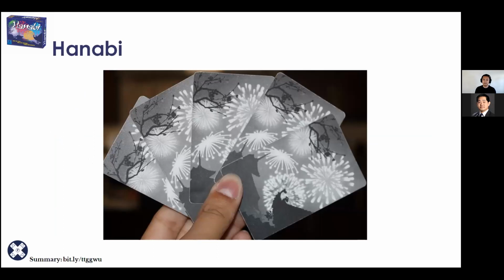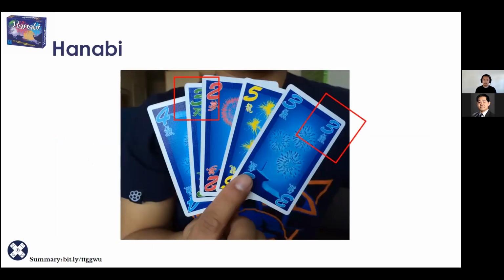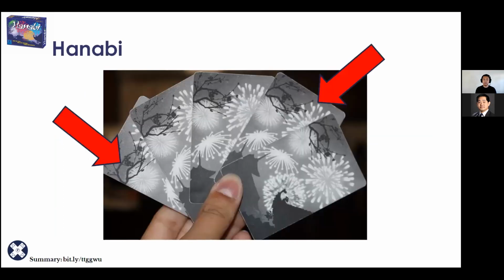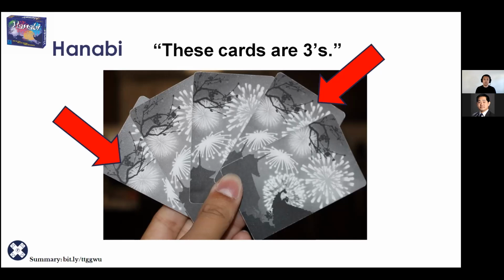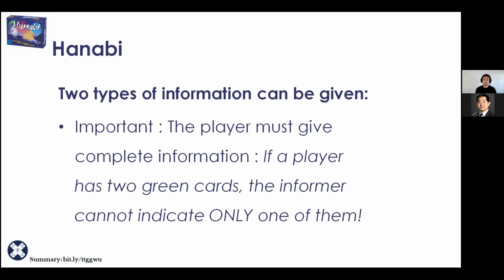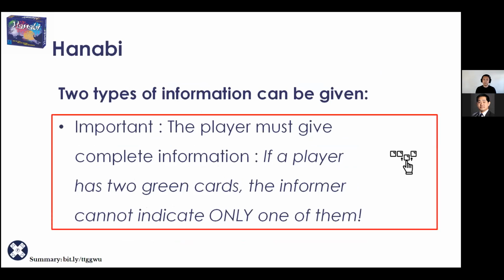So let's go back to that hand of cards again. This is what your teammate sees. Again, they cannot see their hand of cards, and we want to give them clues about these 2 cards right here. The ones that you see on screen mean that these 2 cards are 3s. So we can turn to our teammate again and say, hey, these 2 cards we're tapping right here, these 2 individual cards, these 2 cards are 3s. That's the only clue we can give them. In this case, one person can choose to give them a color clue. Another person down the line can choose to give them a number clue. Those are the 2 types of information that can be given.